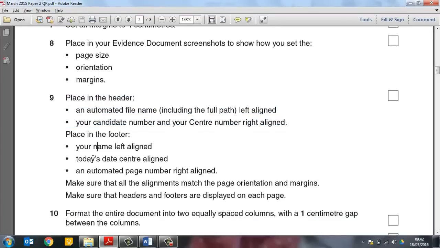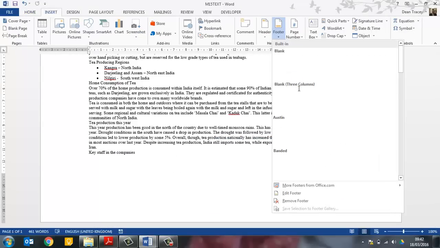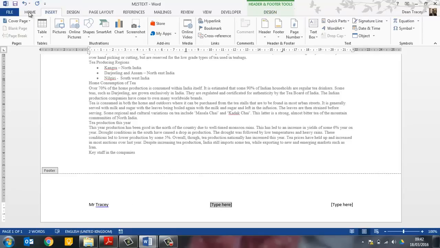Place in the footer: name left, date centre, automated file name on the right. So insert footer, blank 3 columns, name was left, the date was right. You could just type it in, or if you go to insert,